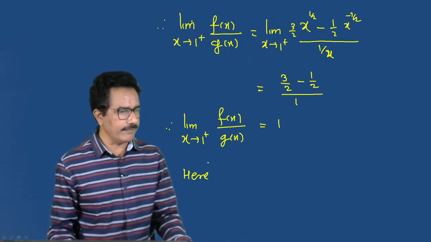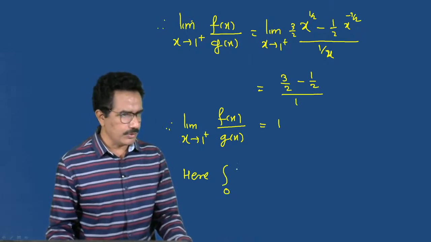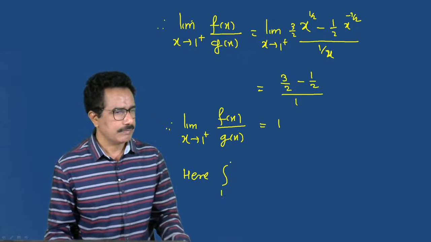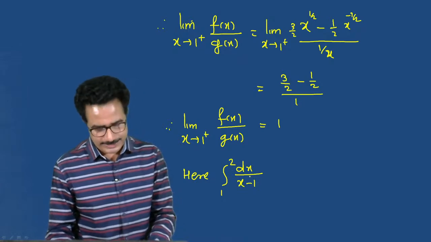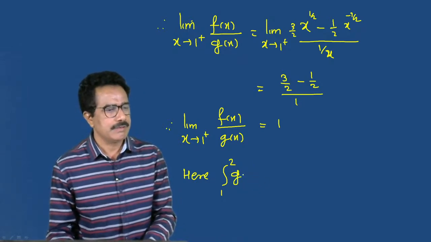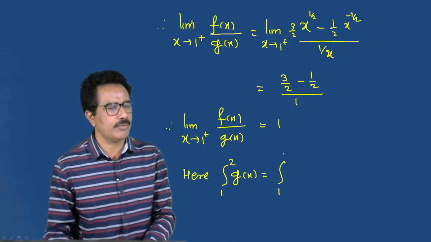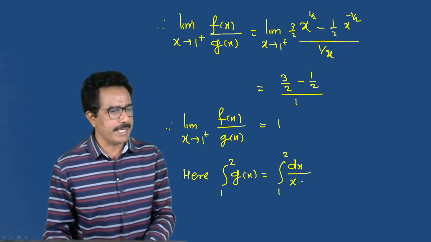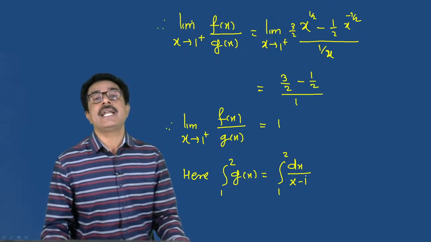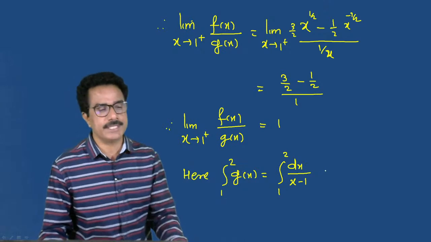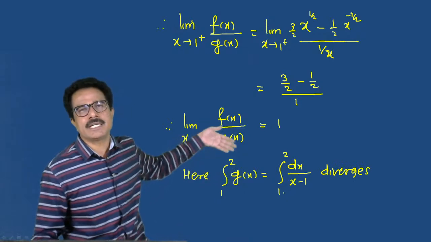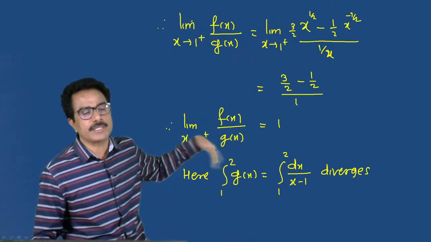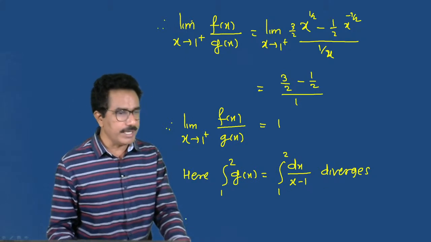The integral from 1 to 2 of dx divided by x minus 1, that is g of x, which equals the integral from 1 to 2 of dx divided by x minus 1, diverges. This is divergent; you can check by taking the limit, it comes out divergent. To solve it, take lambda tends to 0 positive as we solved the integral earlier; it diverges. Therefore by the comparison test